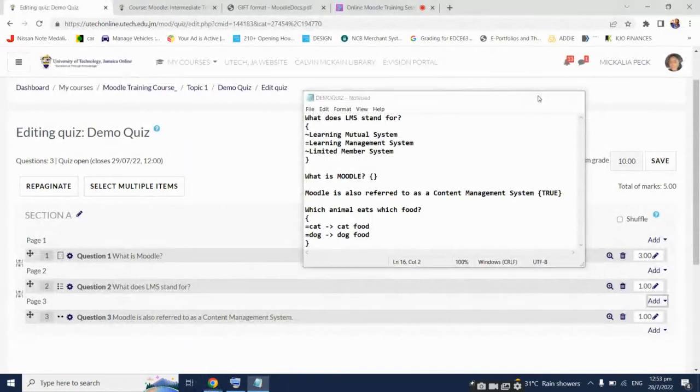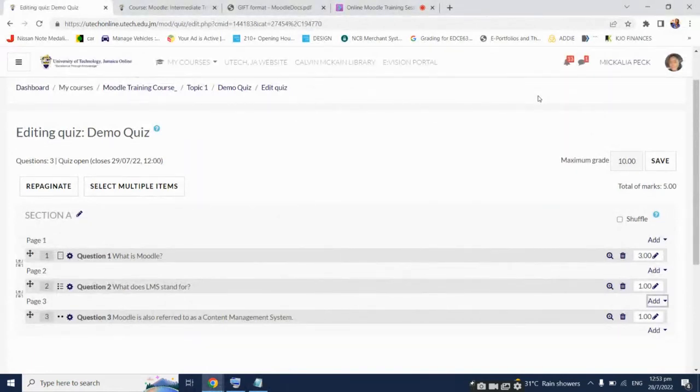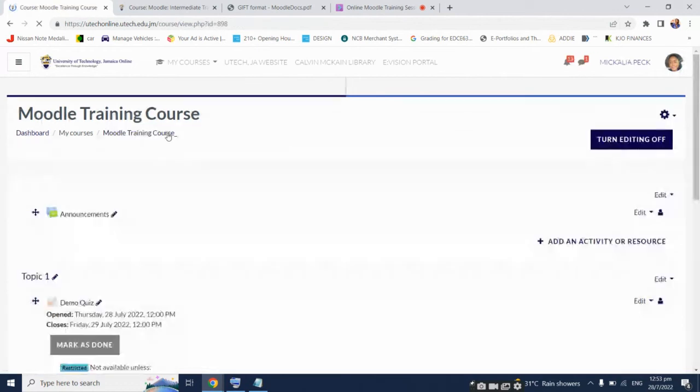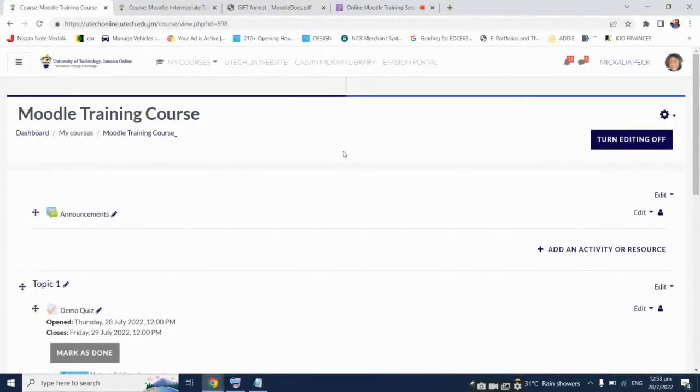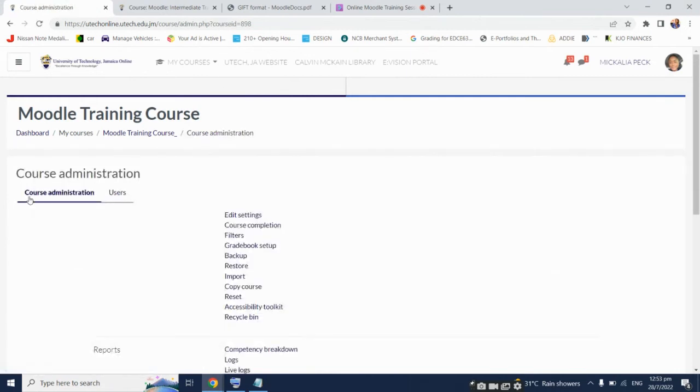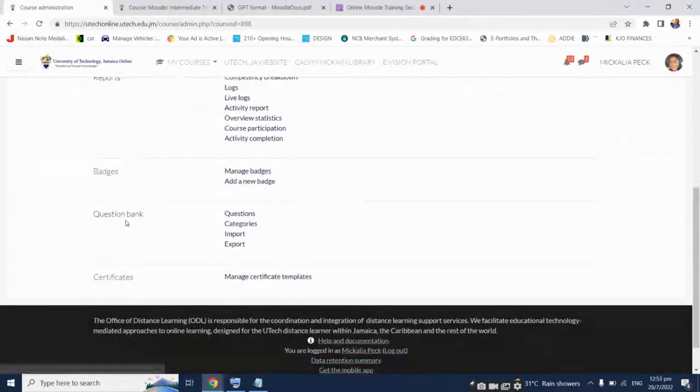So remember at the beginning of the session, I mentioned the quiz category, I mentioned the question bank. How am I going to get the questions here? Let's go back to the main course page, and there is an option called quiz category. So to find that option, top right of my screen, click on the gear option, click on more. Under course administration, we're going to look at question bank, and we have the quiz category option here. So to import, we click on import, but remember we want to put the questions in a category so it's very easy to find. All right, so categories,